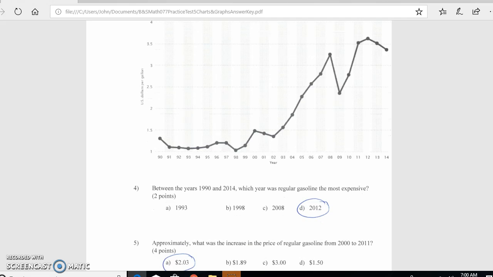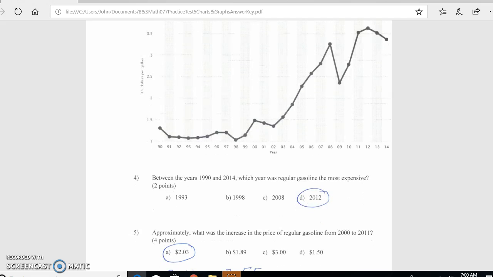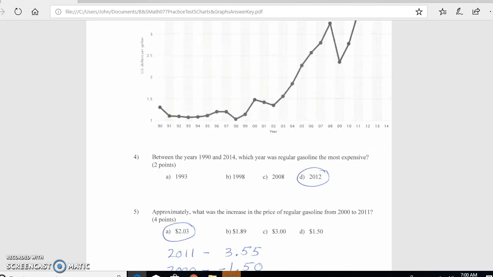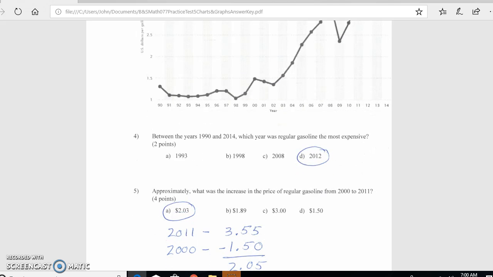And then we can go to problem number 5, which says approximately what was the increase in the price of regular gasoline from 2000 to 2011. So we have the year 2000 here and the year 2011 over here. Now, what I've done below here is try to record what the price of each year was. In 2011, I put down